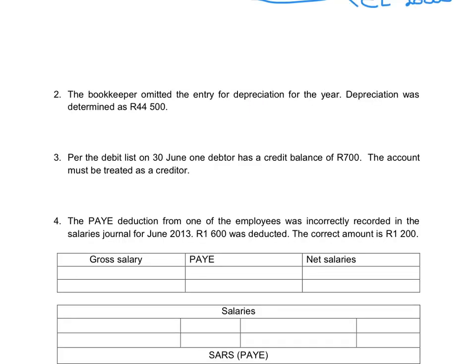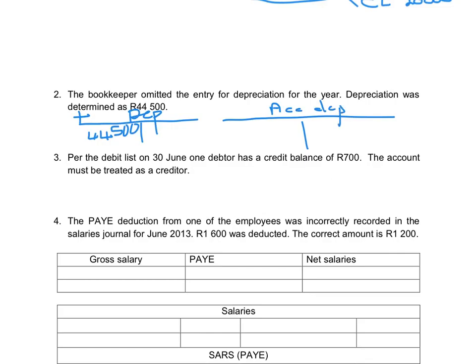The bookkeeper omitted the entry for depreciation. So that means if we recorded it, we would debit depreciation with 44,500. That is the expense that increases on the debit side, and we will credit accumulated depreciation with 44,500. This 44,500 must be taken to the profit and loss to show that the profit will decrease with that